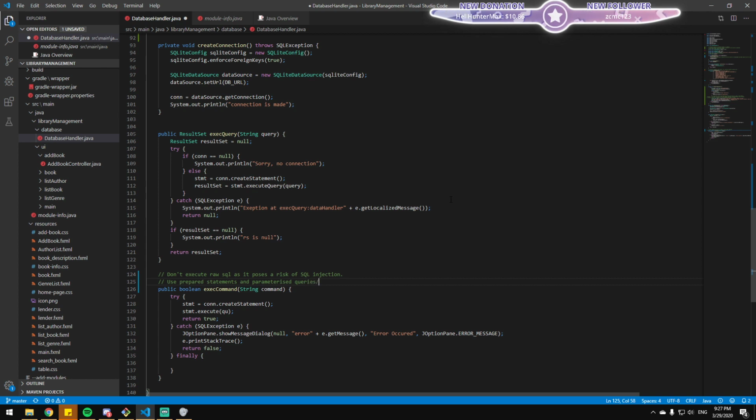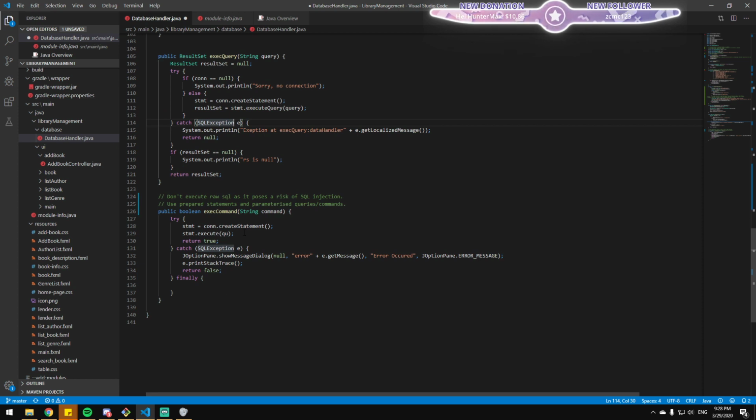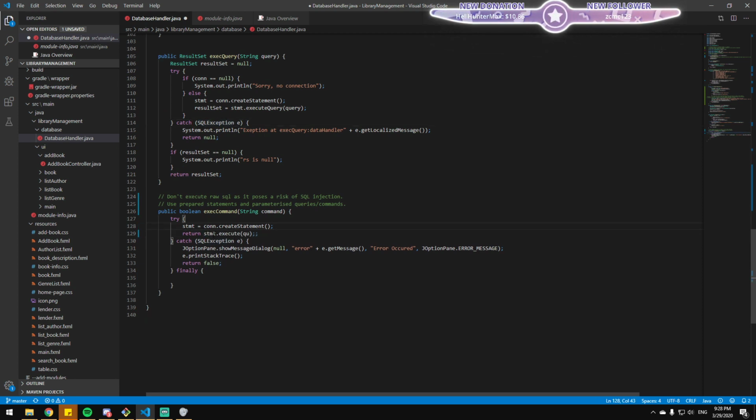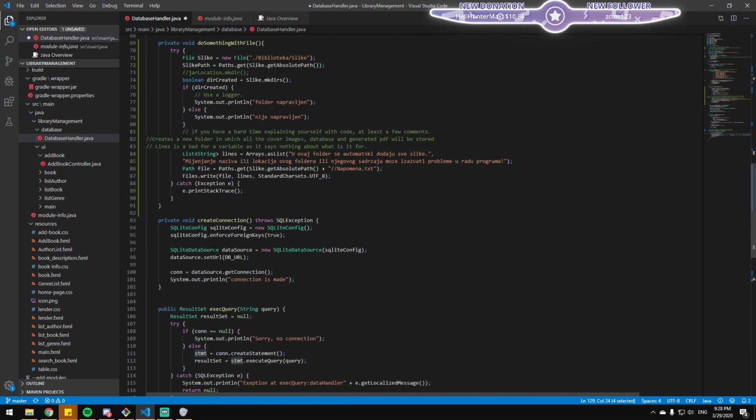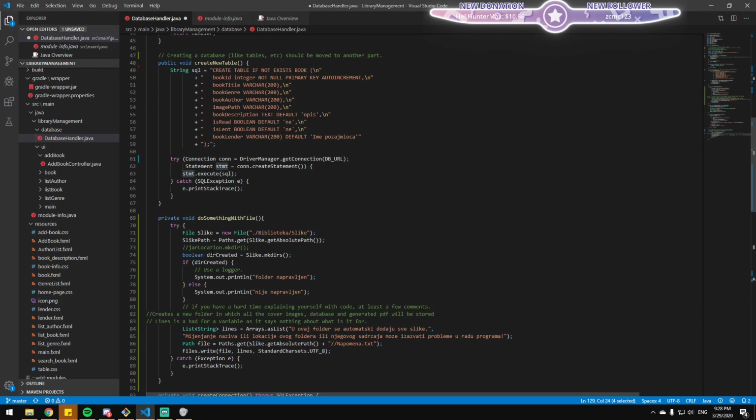Also, statements. Doesn't the execute method, the stmt.execute, return a boolean? Yes. Maybe you can hover over it? I don't have Java installed. Probably, it would make sense. STMT is statement.